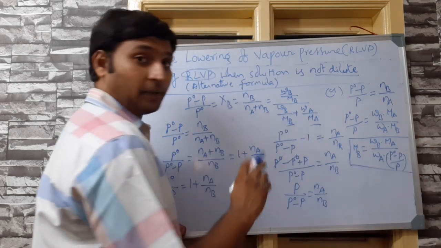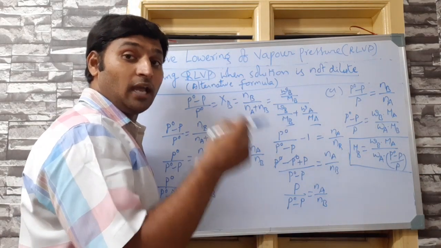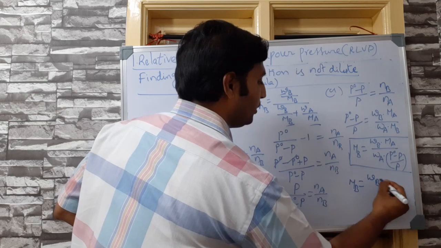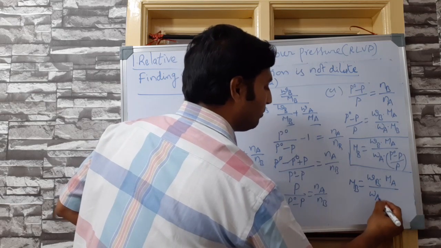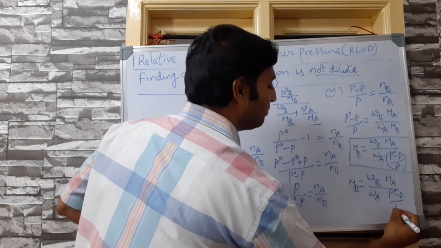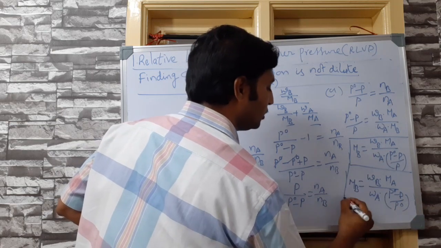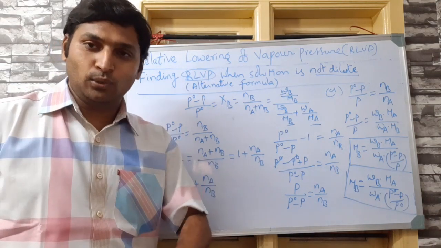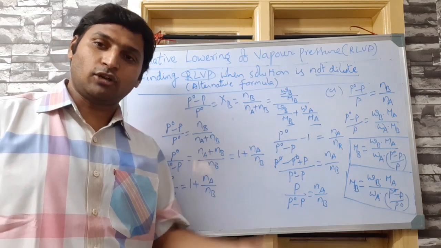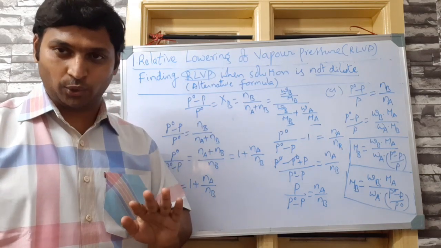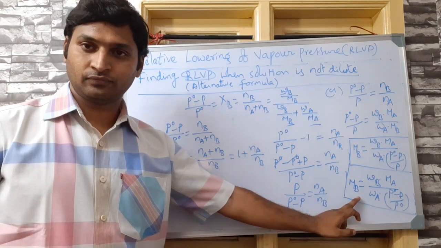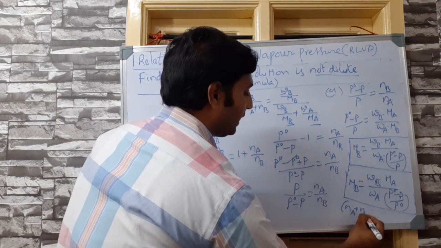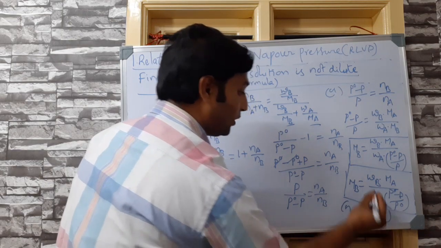What was the formula we got previously when it was a dilute solution and we took Na plus Nb almost equal to Na? We got Mb is equal to Wb into Ma divided by Wa into P naught minus P by P naught. Correct? So logic is simple. If the solution is dilute and vapor pressure of pure liquid and vapor pressure of solution are given to you, then use this formula. Solution is dilute, so in this formula, we have considered Na plus Nb is almost equal to Na. That's why you got this formula.